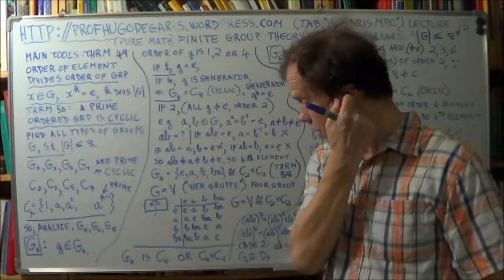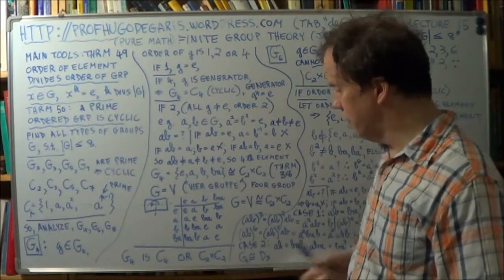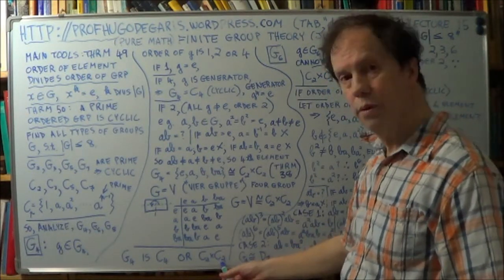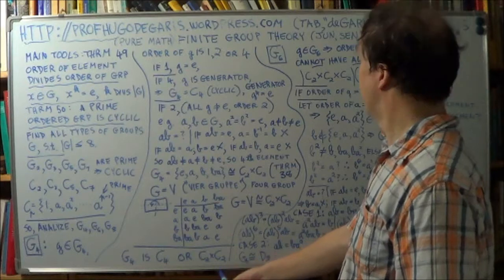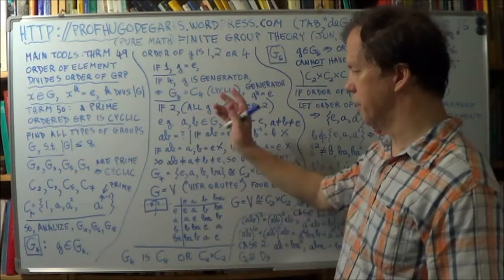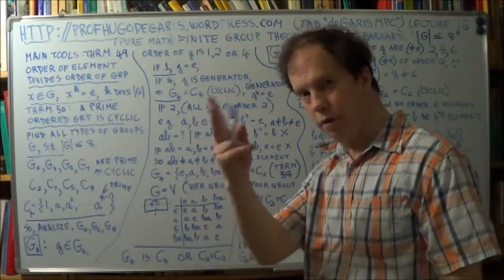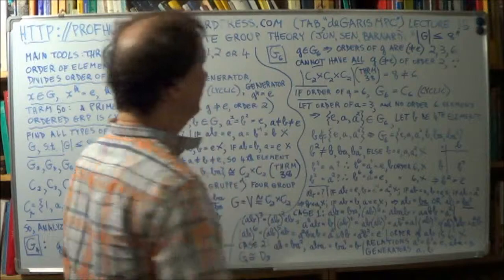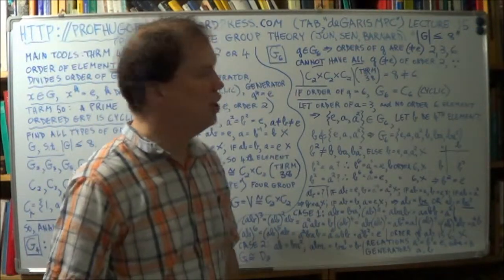C4, you have a cyclic group of order 4, or it's of this form, the direct product C2 by C2. Okay? So that's the classification of G4. There are only two kinds of group. Okay. Now for G6,